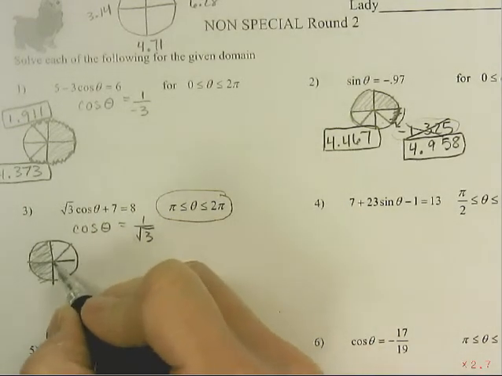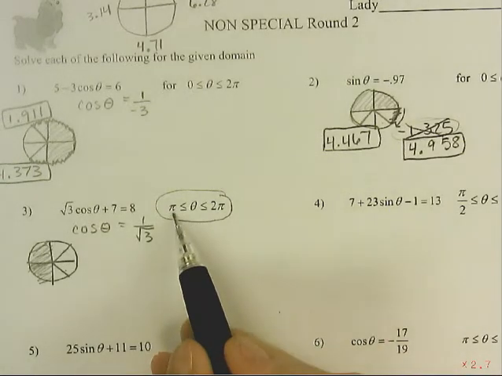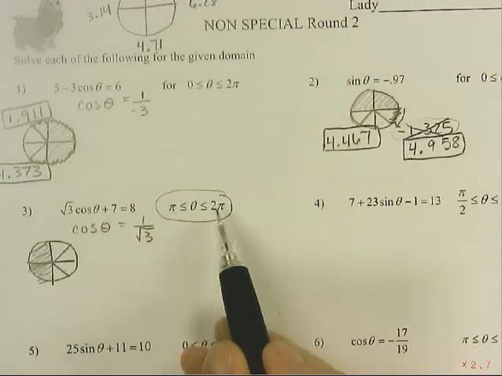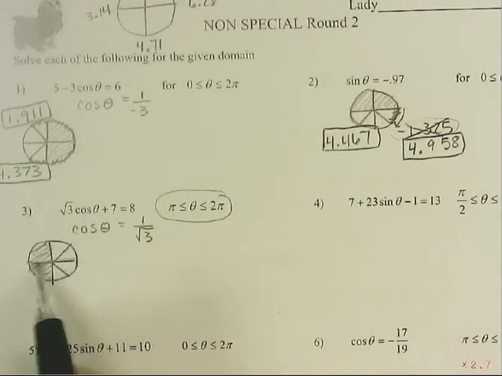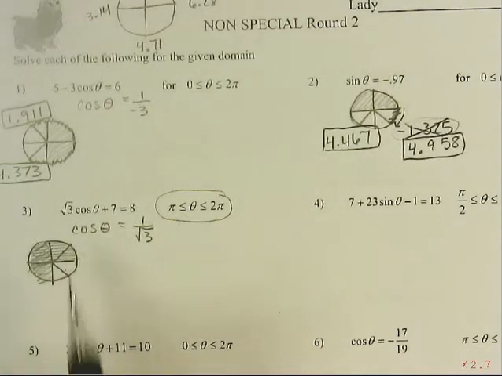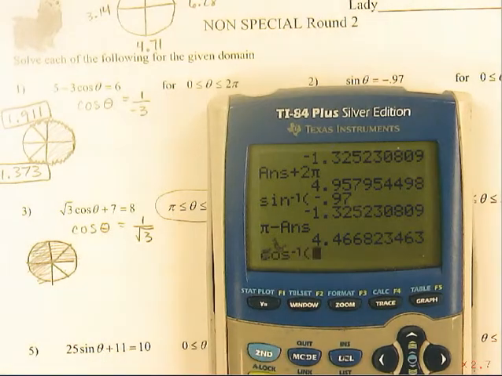And so we'll be getting these two values. But the answers we want are only between pi and 2 pi. So from pi to 2 pi, these are the only answers I want. So actually I'm going to cross off the one in the first quadrant, which is what the calculator is going to give you. So do cosine inverse of 1 divided by square root of 3,